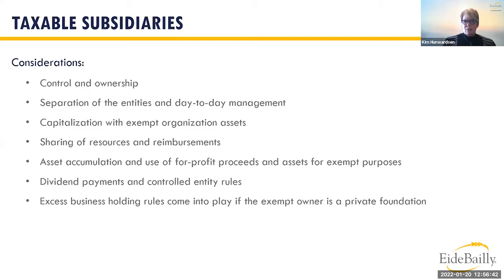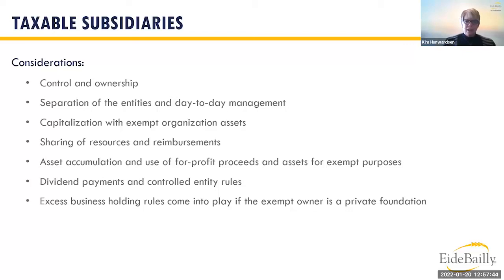And then when we look at some of the considerations here as to, is a taxable subsidiary the right choice? Control and ownership. So the exempt is going to control the entity to the extent that it has more than 50% of the ownership. That allows them to kind of control the board, control the officers, but it's really important that these two entities operate separately, because the IRS will look at it and say, if there's not a real activity going on there, if there's not oversight by a separate board, by separate management, well, then really this is just a way for the exempt to try to shift liability without actually setting up a true organization. So Christine's going to talk and go through some examples, but it's really important that you have actual separation of